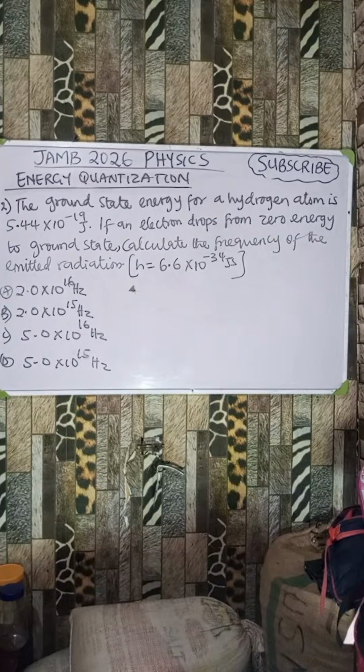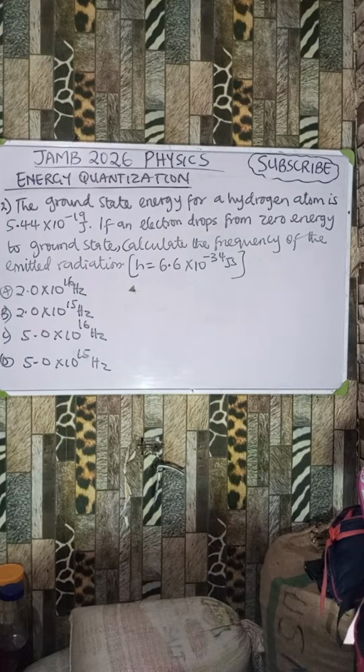Planck constant. You know that the energy of the photon is proportional to the frequency of the emitted photon. All right, so when you remove that proportionality and introduce a constant, which is the Planck constant, that is what we are using to solve the problem, and it's always a constant.